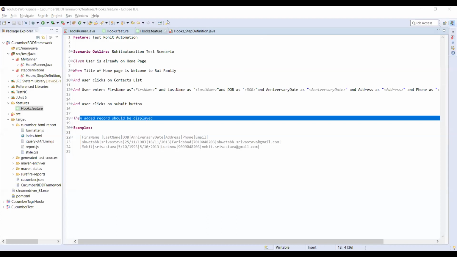Basically, firstly, I will show you the pom.xml file, because Maven is a build tool, right? So the end goal is to execute everything as a Maven build. So we need to do multiple changes in our pom.xml file. Just to configure pom.xml, we have to add multiple plugins like the Maven compiler plugin and Surefire plugin, and then we can run this runner file.